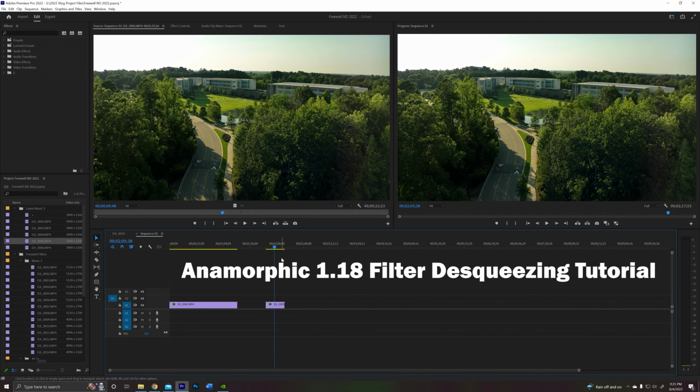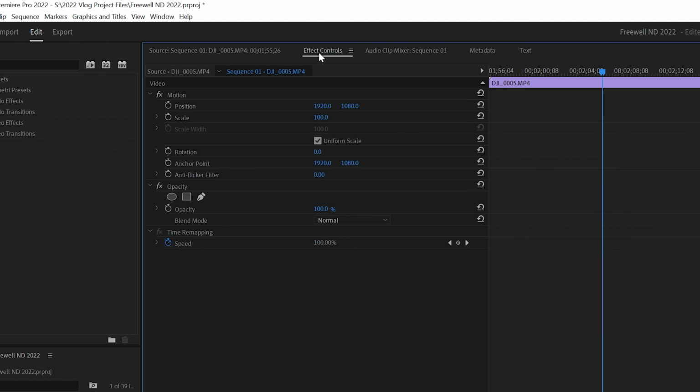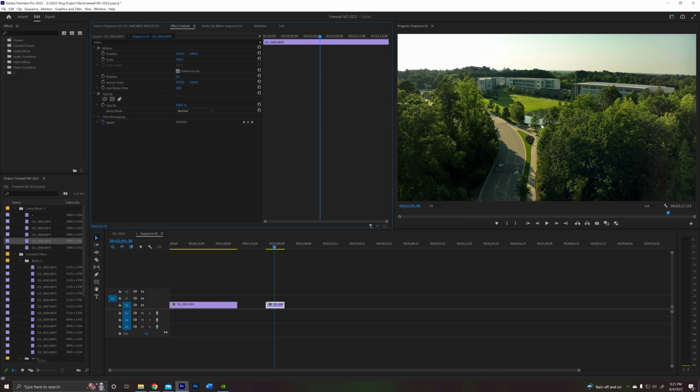Okay, so we are in Premiere right now. This is my video editing software of choice. And we have our source, and then we have our program windows here. What I'm going to do is click on the clip and go to Effect Controls. And then we're going to go under Motion and look for Scale. And this is how we're going to de-squeeze our footage. So right now, everything looks a little bit squeezed in from the sides. It's a 16:9 image, but it's not truly 16:9,